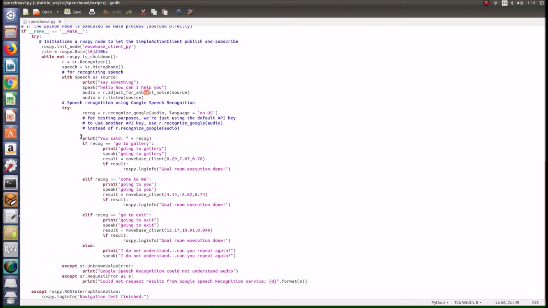After the user speaks, the robot will reply "You said" plus what we want the robot to say. And these are the coordinates that we recorded from the program, and the robot will go to the coordinates that we set.